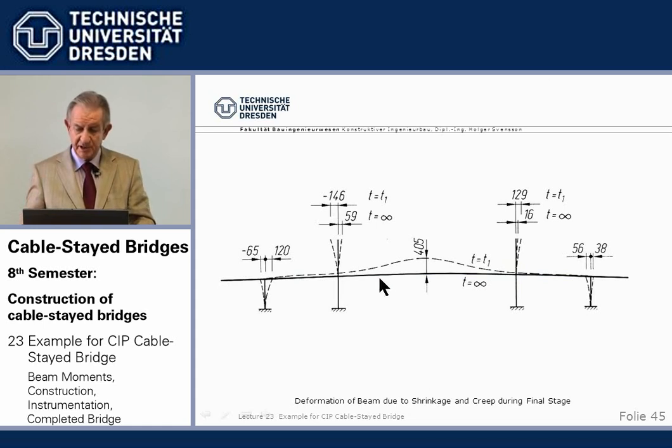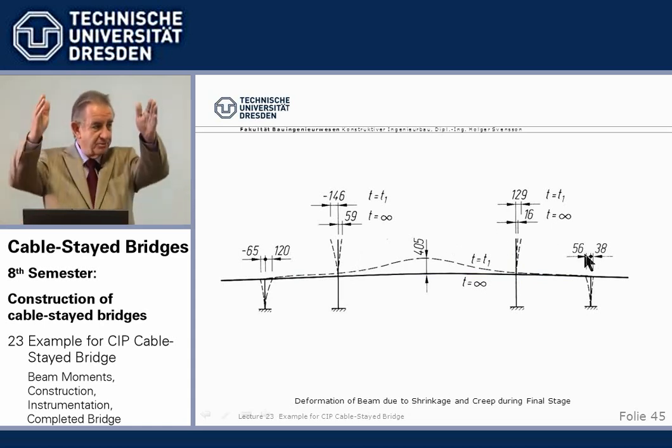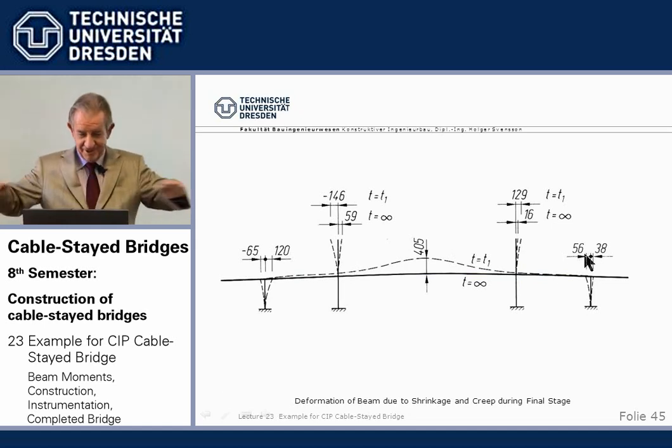So what we did was we built the beam 405 millimeters too high, and we built the tower 146 millimeters pulled back. We built it, of course, vertical, but we pulled it back with the cables, and after shrinkage and creep, hopefully, we have vertical towers and the beam